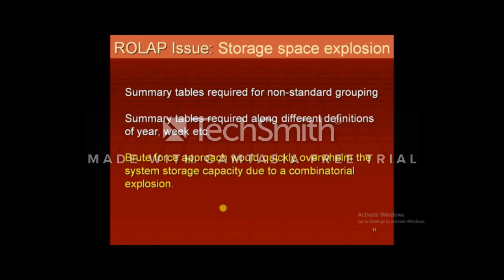The other roll-up issue is storage space explosion. When we talked about summary tables, we talked about the hard disk space we need to occupy for the summary tables. So this statement is saying the summary table is required for non-standard grouping. Now suppose a data warehouse is built and there are summary tables that have been decided should be built. But if an event comes inside a country, let's say